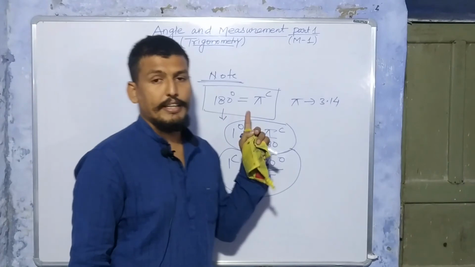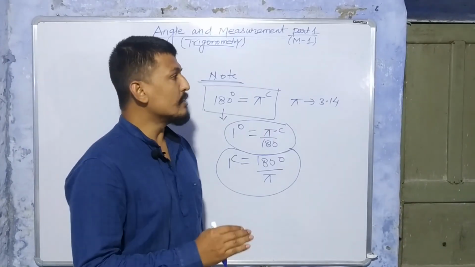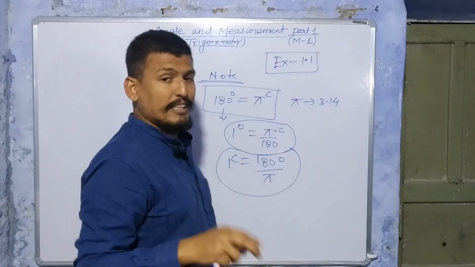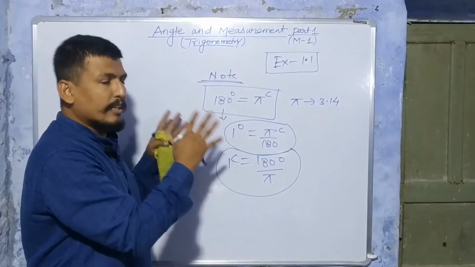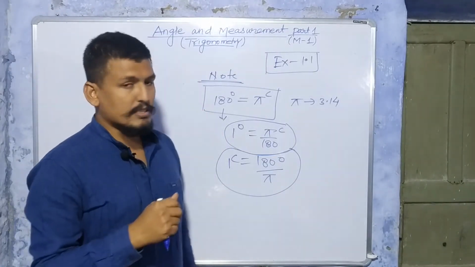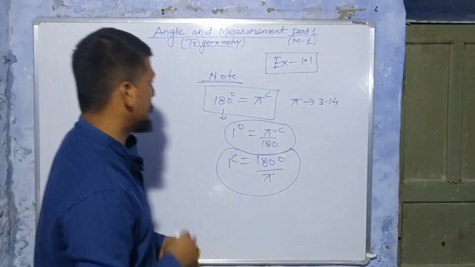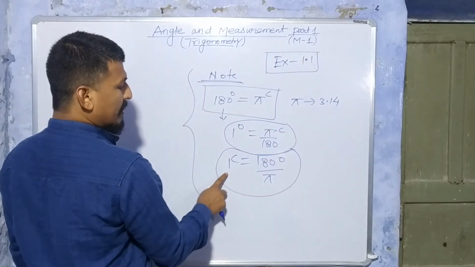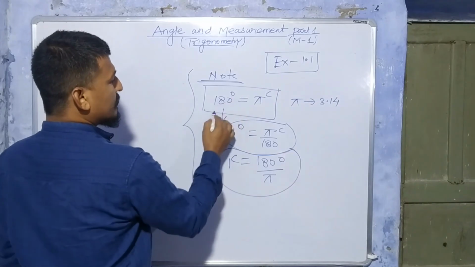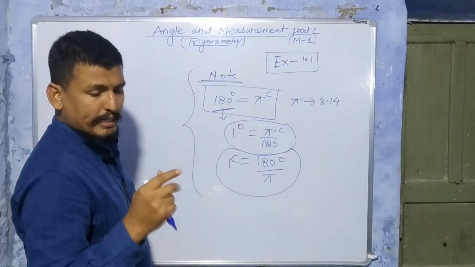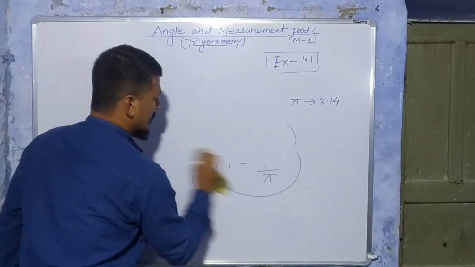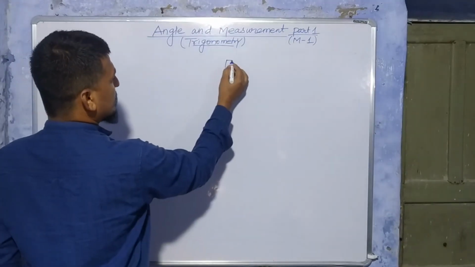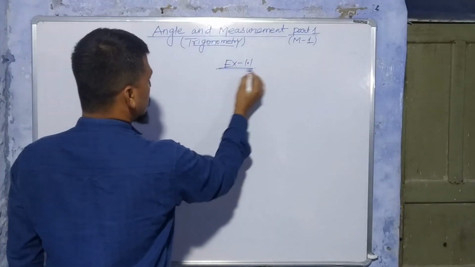So this formula is very important in solving exercise 1.1. Exercise 1.1 is based on all this theory. So let's move to the exercise in order to solve some important questions. You must know 1 degree is pi by 180 radian and 1 radian is 180 by pi degree. This is the relation: 180 degree is equal to pi radian. So here is exercise 1.1. In the first question,